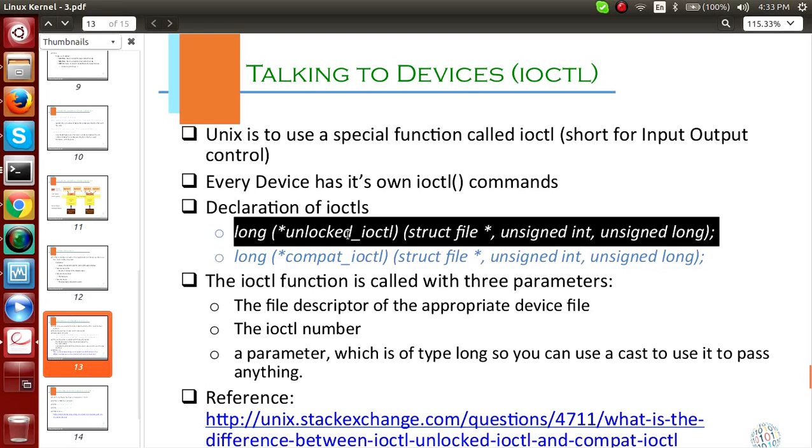When it takes the big kernel lock, another IOCTL cannot go into the kernel mode. So if any IOCTL is taking more time, your next process cannot go into the kernel mode, and it will defeat the purpose of multi-programming.